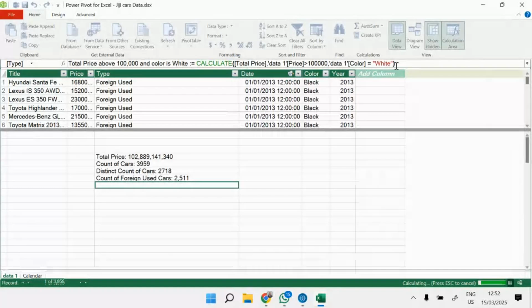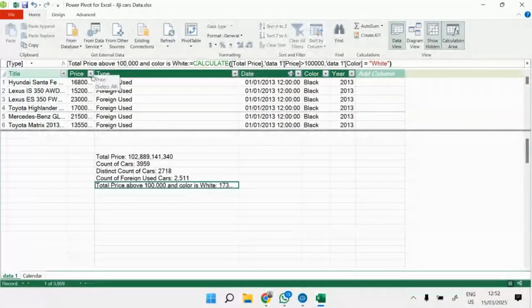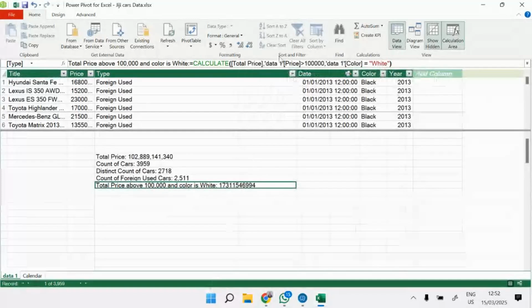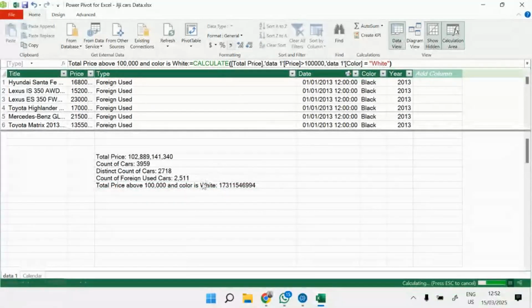So this has filtered my data. It says, okay, filter only to when price is greater than 100,000, and filter for color where it is only white. And the sum of the value for that is, you can see,